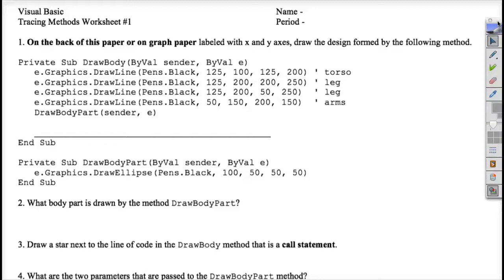Mr. Minnick here, helping my students with Tracing Methods Worksheet number 1. On the back of this paper, draw the design formed by the following method. I can't do that on the back of the paper, so I'm just going to sketch out a form right here